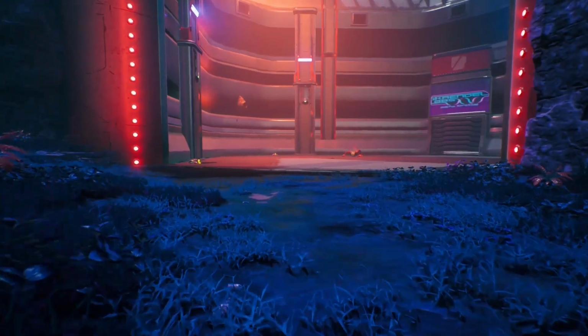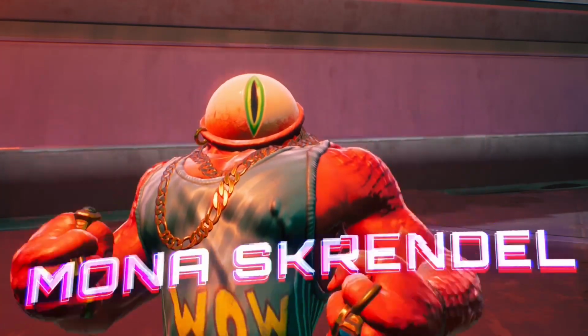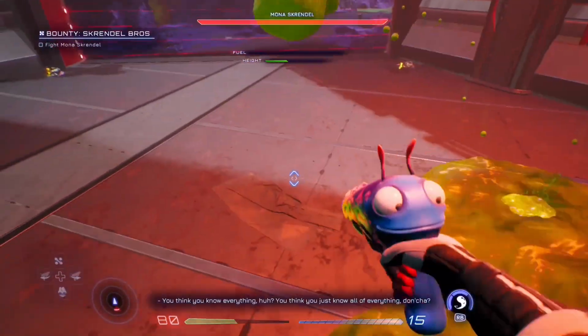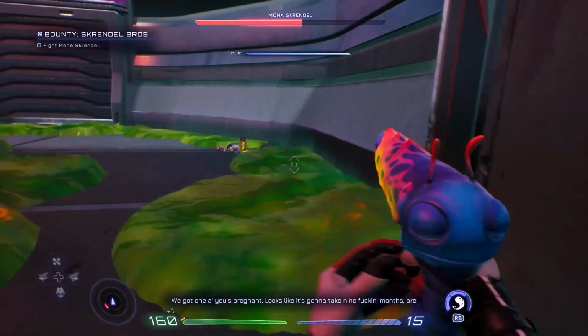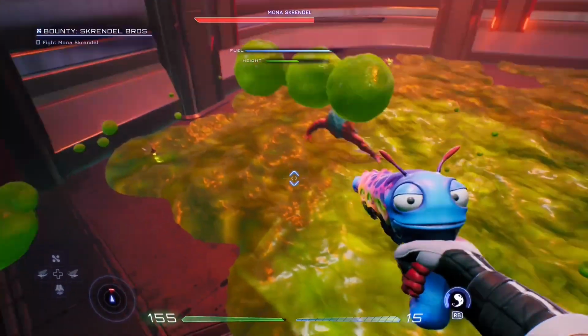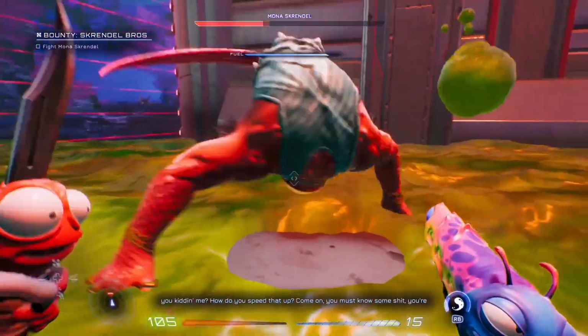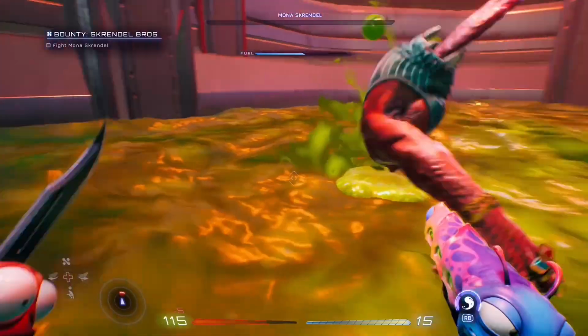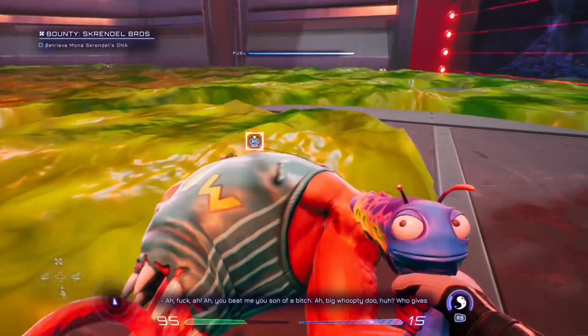All that was left was to fight the final Skrendel bro, Mona, and this guy was no pushover. His special ability was to turn the entire arena into his own personal cum sock, and he was goddamn good at it. So good at it, in fact, that he decided that he was done doing anything else. With his mobility severely limited due to his constant fellatio, he was an easy target for me to take down. And with that, I'd beaten all of the...